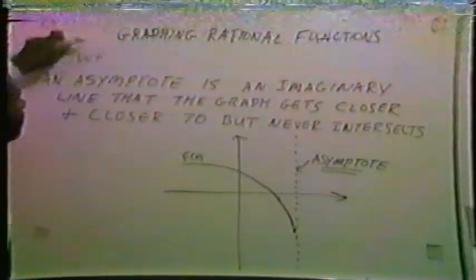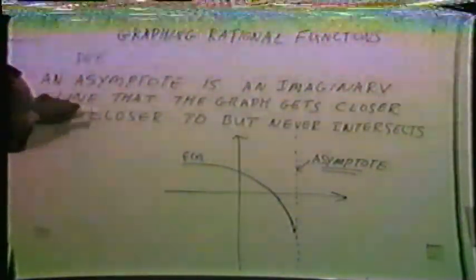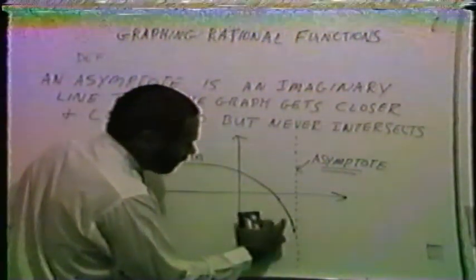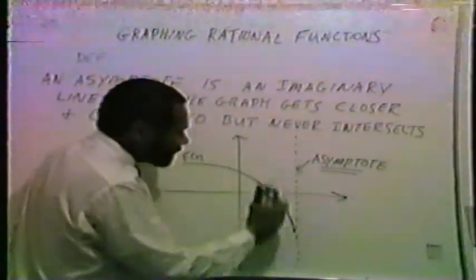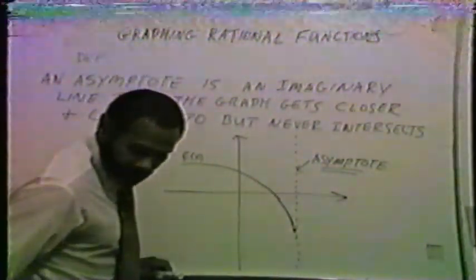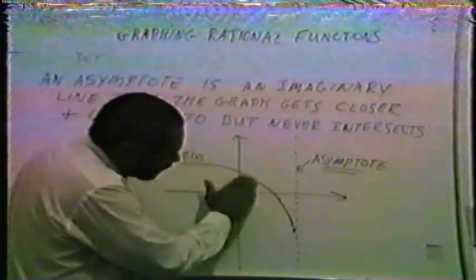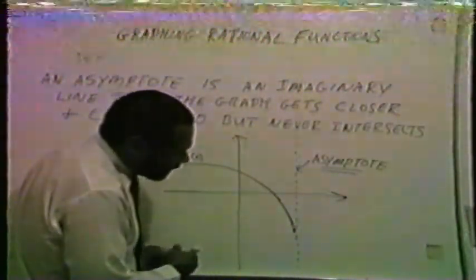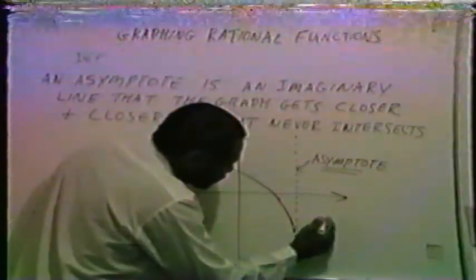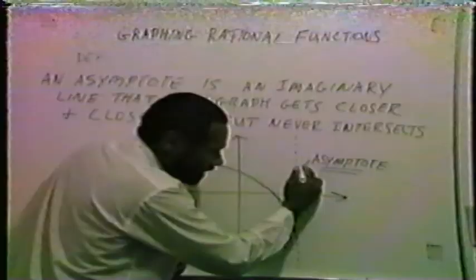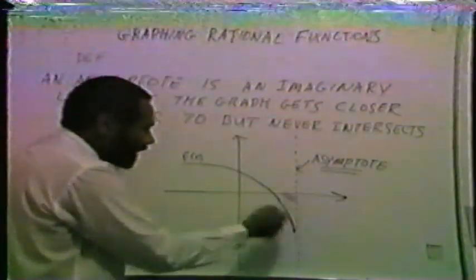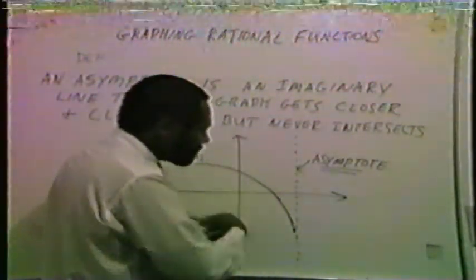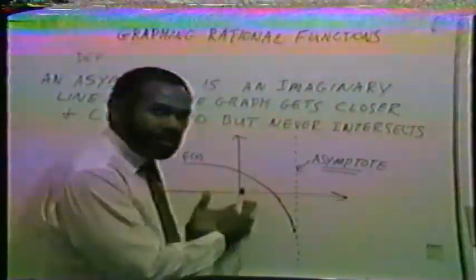So with that said, now we know what an asymptote is. When you're graphing rational functions, that's one of the things you have to do. You have to find the asymptotes, and then you have to find out how the function behaves when it's close to the asymptote. Is it decreasing? Is it increasing? How does it approach the asymptote? I show this function here approaching the asymptote from the left, but I could very well have shown a function approaching this asymptote from the right, you see. So it's very important when you're graphing rational functions to know whether it's approaching the asymptote from the right or the left, if it's a vertical asymptote, or, if it's a horizontal asymptote, whether the graph is approaching the asymptote